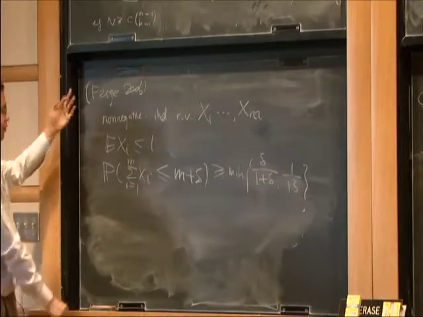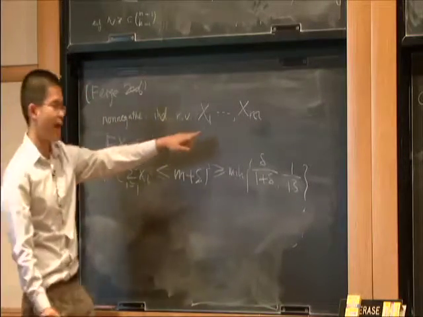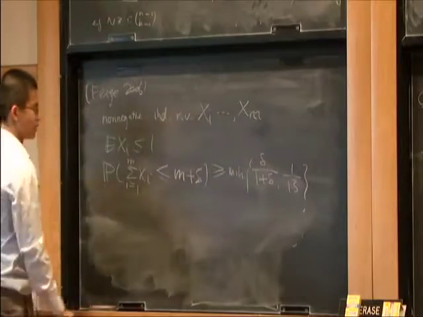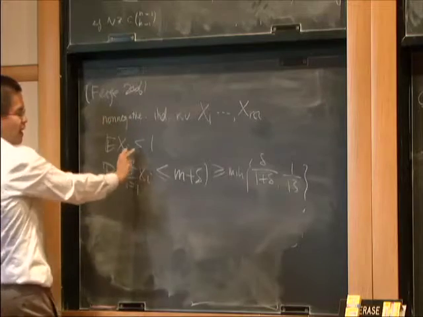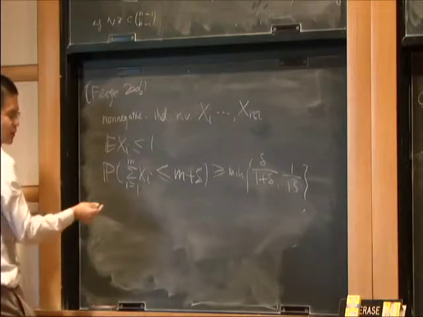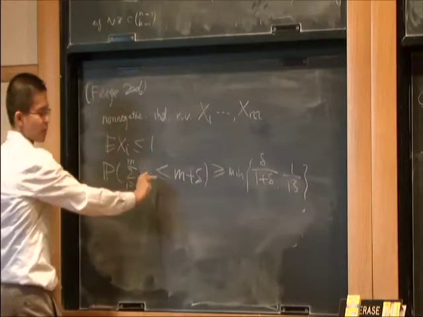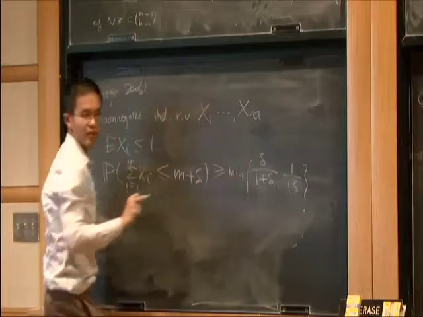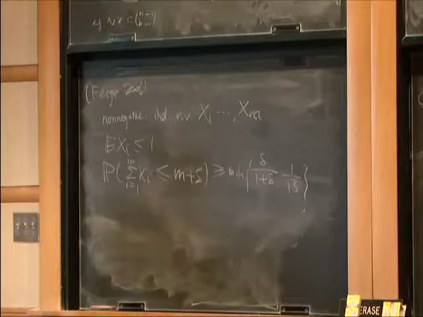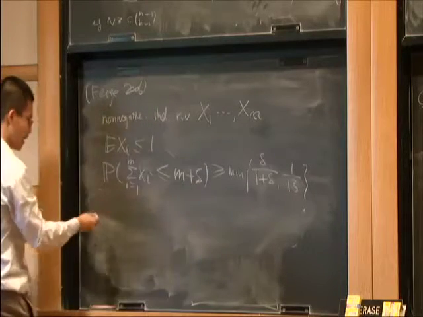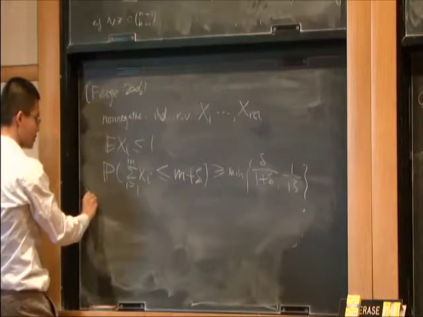So, for example, if you look at the case when m is equal to 1, what does it say? If a random variable is non-negative and has expectation less than or equal to 1, then the probability that it is smaller than 1 plus delta is at least delta over 1 plus delta. It's just Markov's inequality. And actually, Feige conjectured